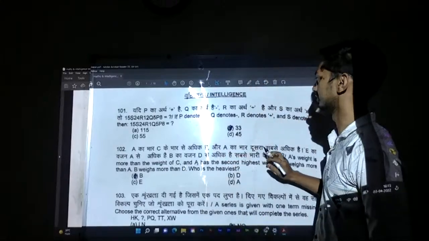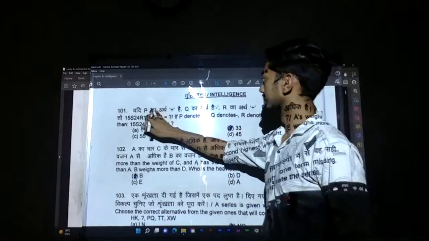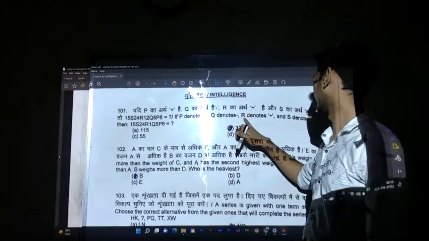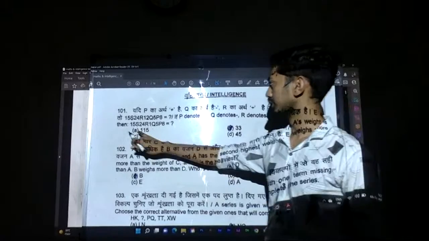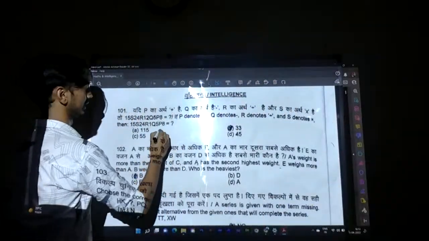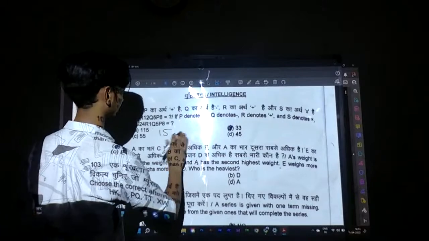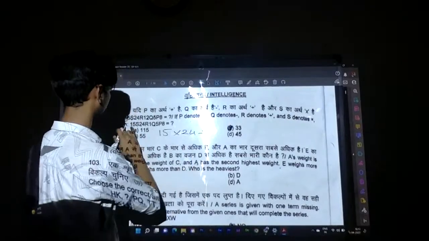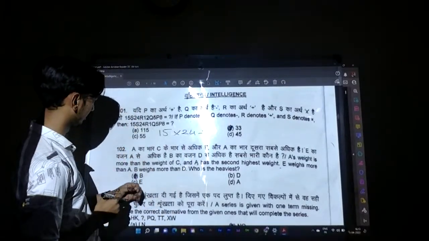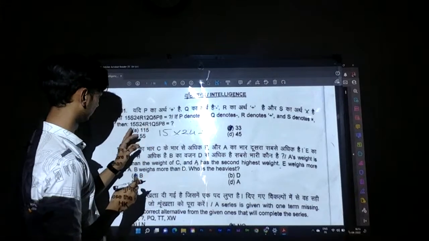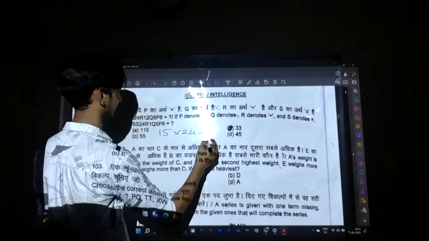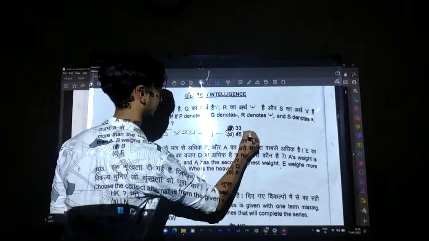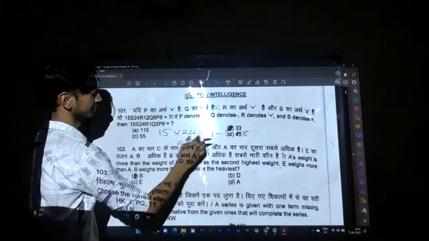So, look at the first question. The first question is given as: P denotes plus, Q denotes minus, R denotes divide, and S denotes multiply. So when we decode this, the equation will become S into 24 divide R divide 1, then Q is minus 5 plus 8. Okay, when we solve this it will become